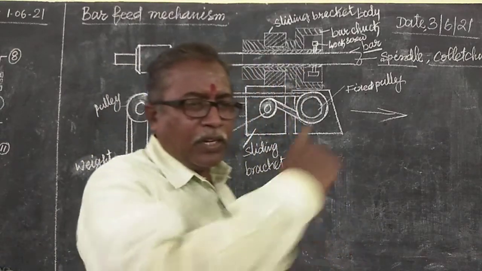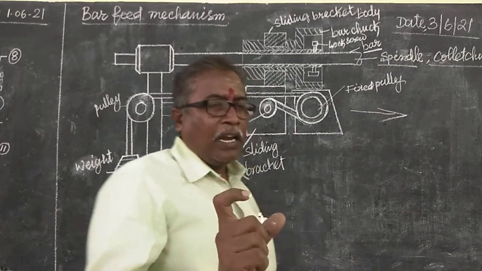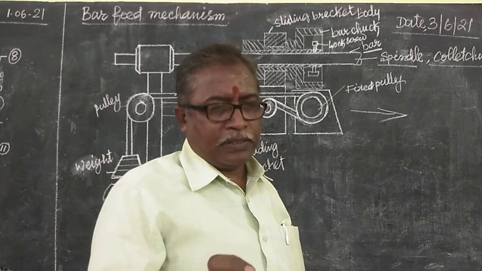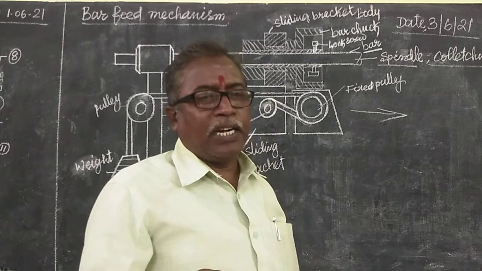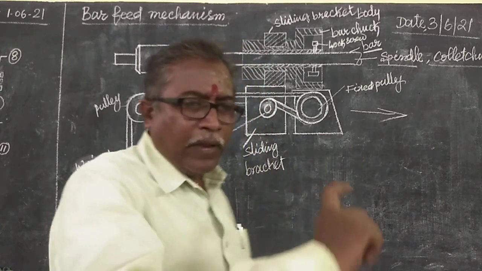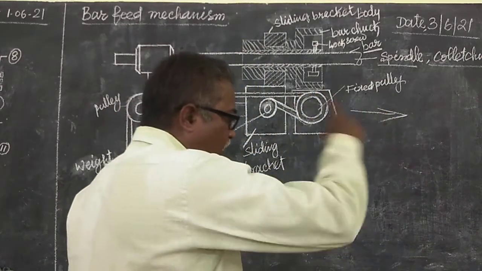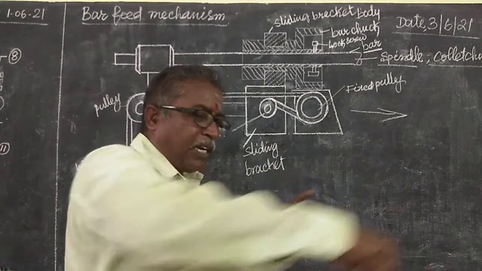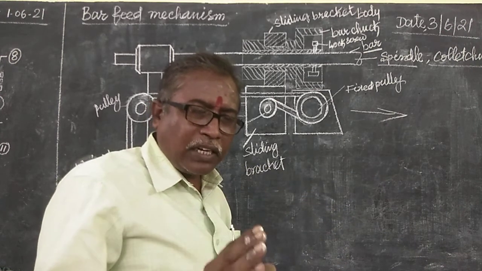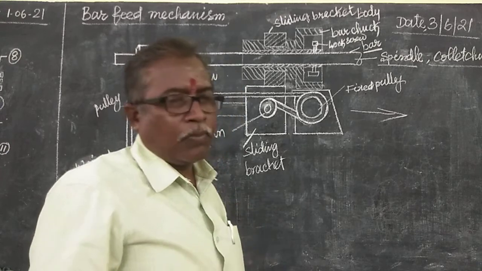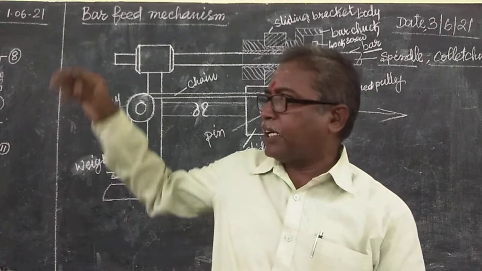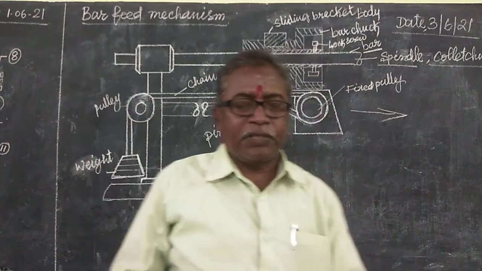The turret, when you rotate like this, I kept in the WhatsApp, there is one capstan lathe. Have you seen that capstan lathe? Did you open that? How is it working? When you rotate the handle, it automatically changes the position of the turret. So on the turret, some 6 tools are provided. In the turret mechanism, you have seen the turret, yesterday we discussed.